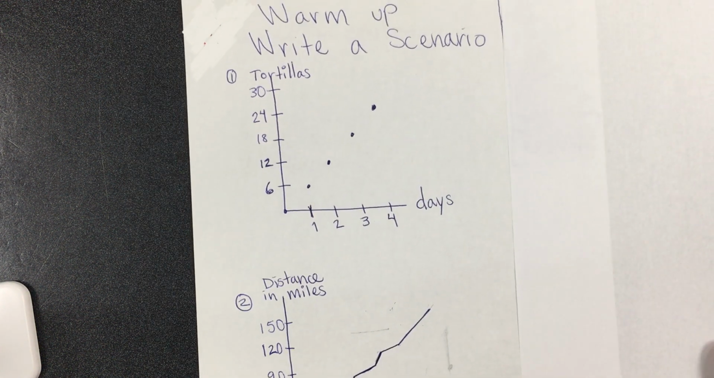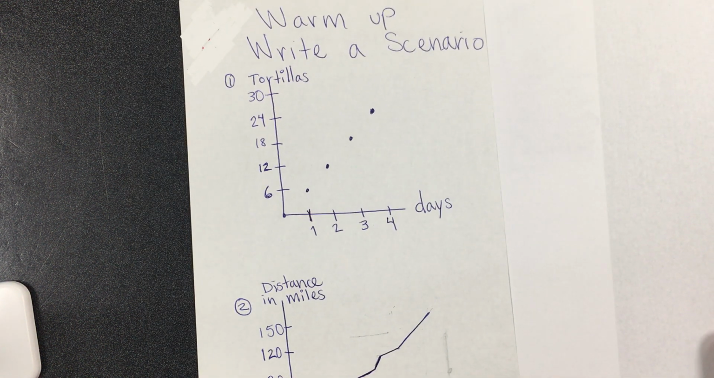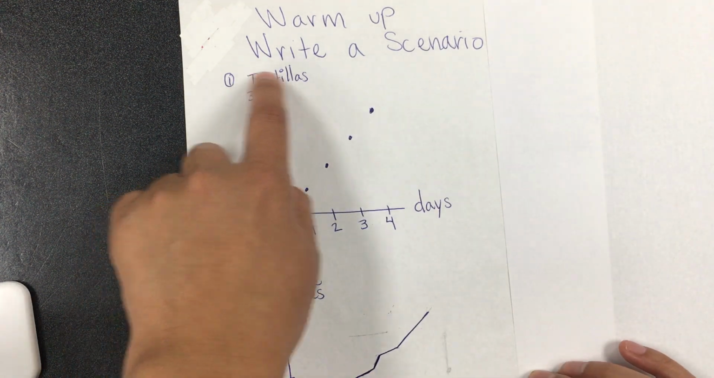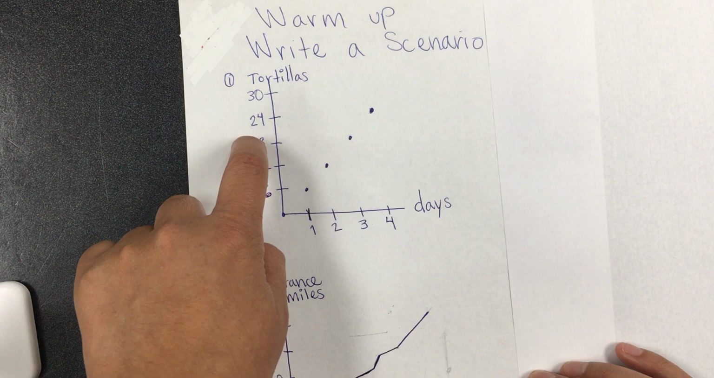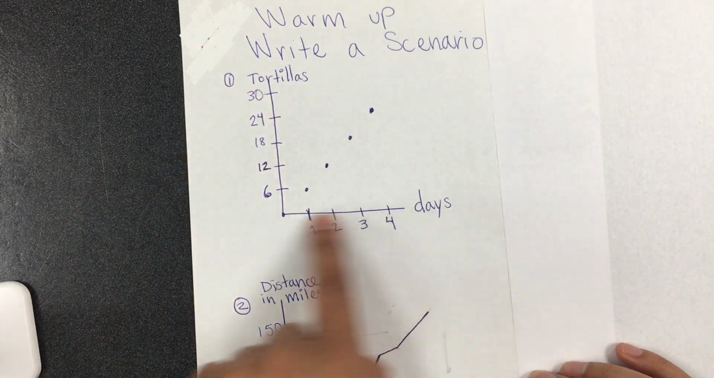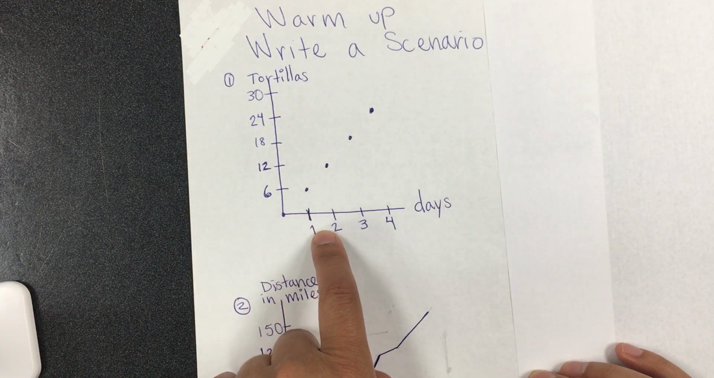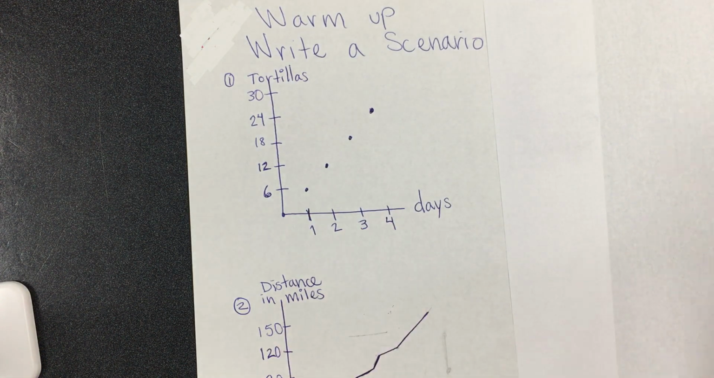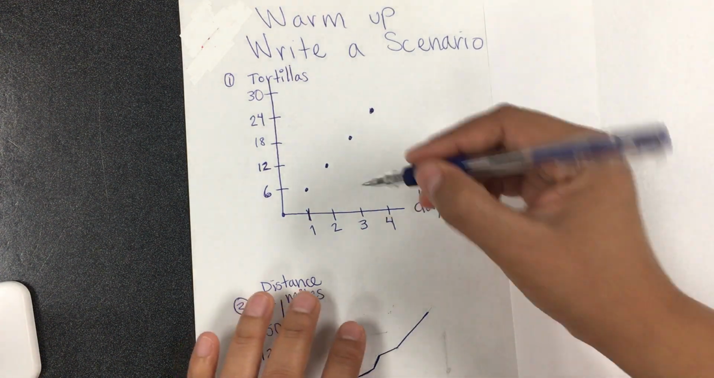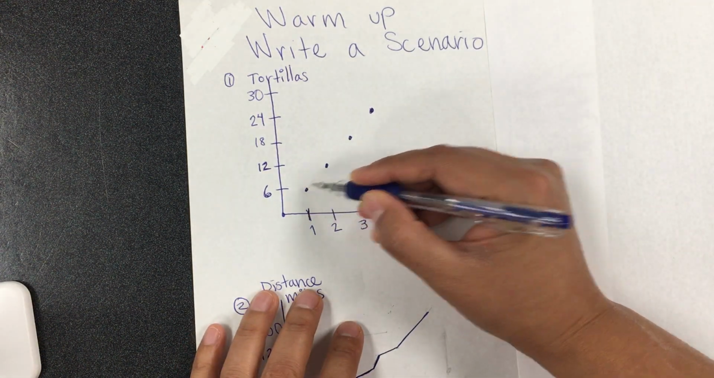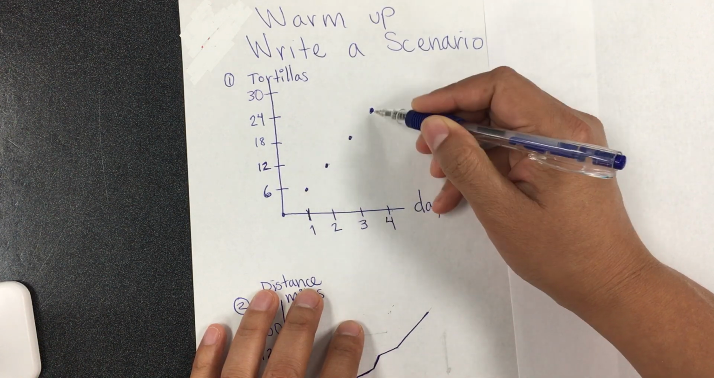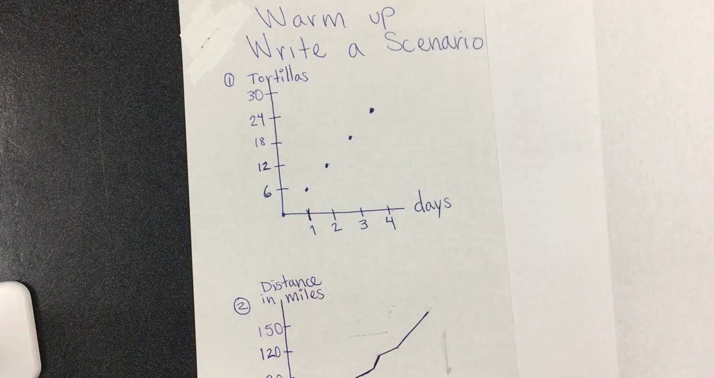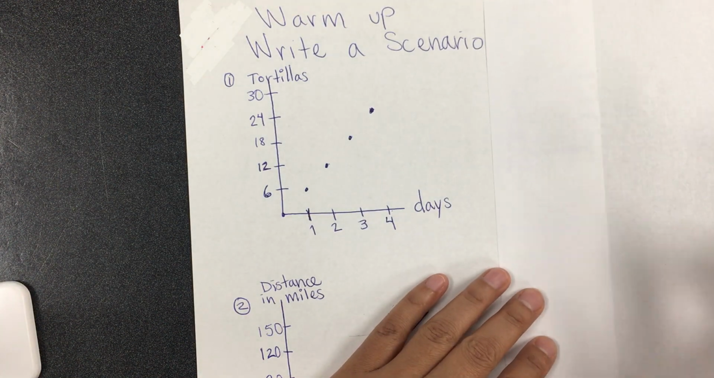It says write a scenario. So it says tortillas on the y-axis, and it has 6, 12, 18, 24, 30, and then you have days in here, and it says 1, 2, 3, 4. So it looks like after 1 day is 6, after 2 days 12, after 3 days 18, 4 days 24. So I guess it can be something like